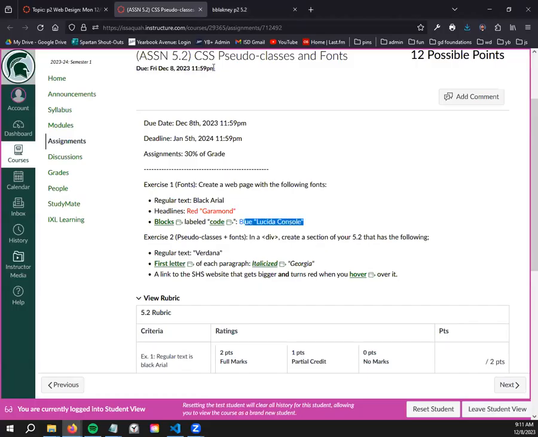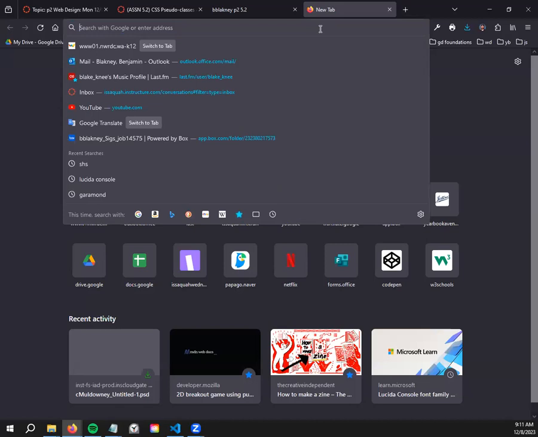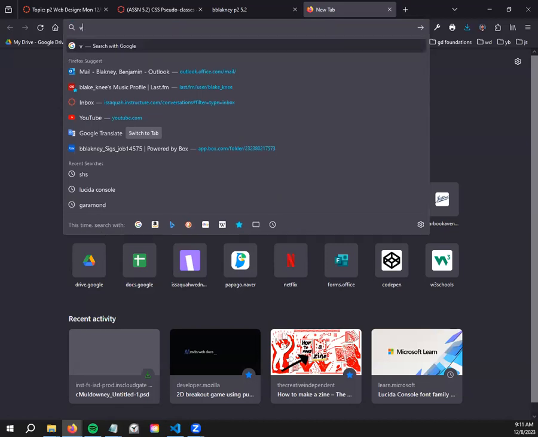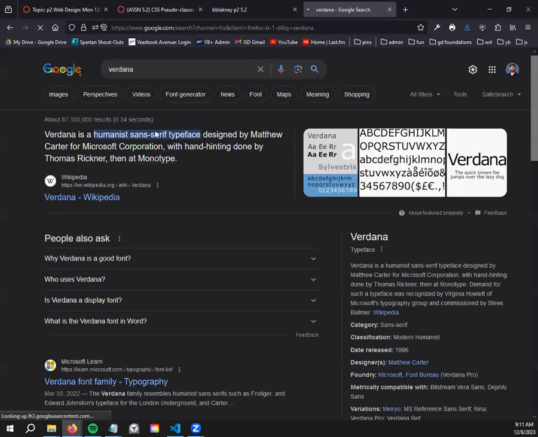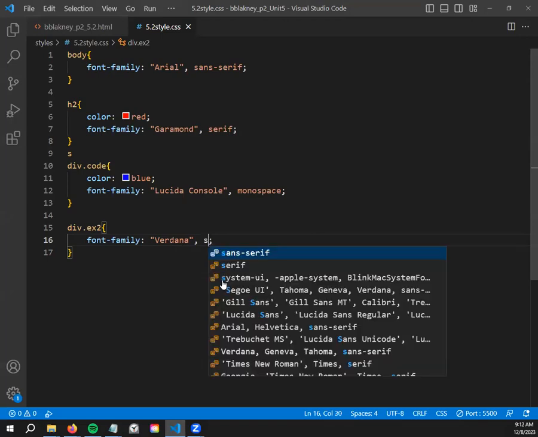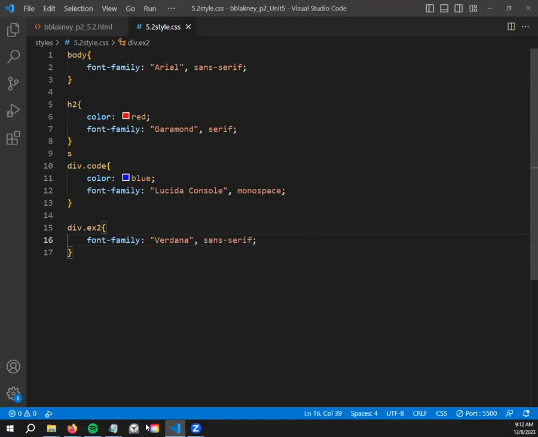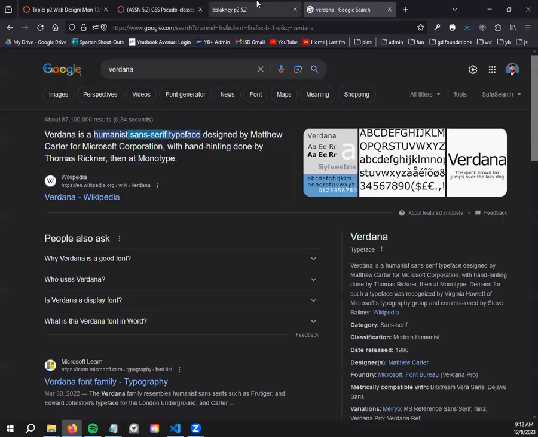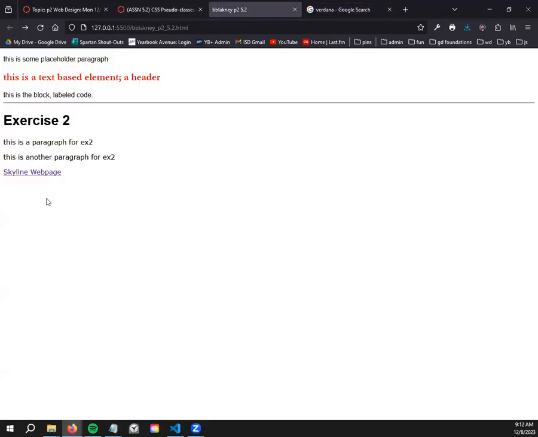I'm not sure what family Verdana's in, or what family of font my client wants is in. So I'm just going to Google the font, and it's going to pop up right here that it is a sans serif typeface. That's the group that we're looking for. So after the font name, I'm going to add a little sans-serif action. And then if I go back to div.ex2, it's going to look almost exactly the same, except now it's set to Verdana. Arial and Verdana are extremely similar fonts, so you'll just have to trust me that this is a